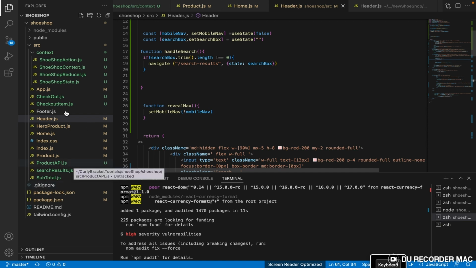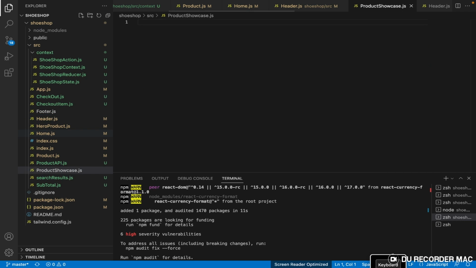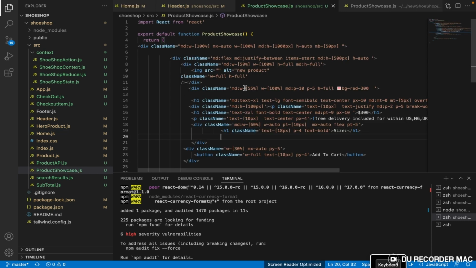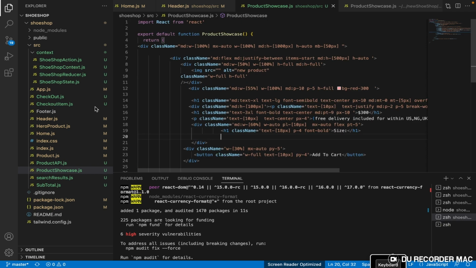So I'm going to call it product showcase .js, and I'm going to quickly add some CSS to it. Okay, so I've written some of the code, so let's add the route for it. All right,